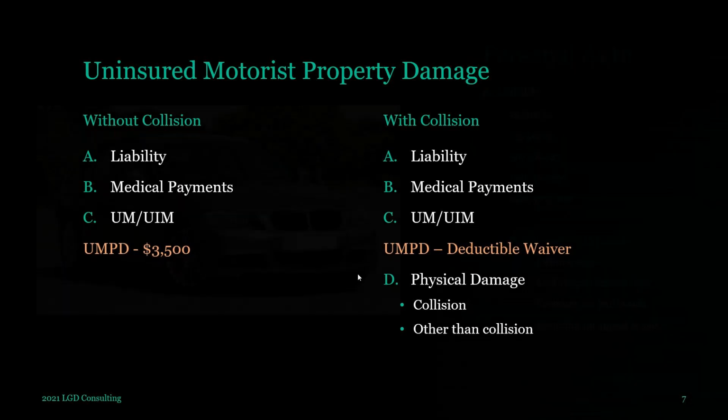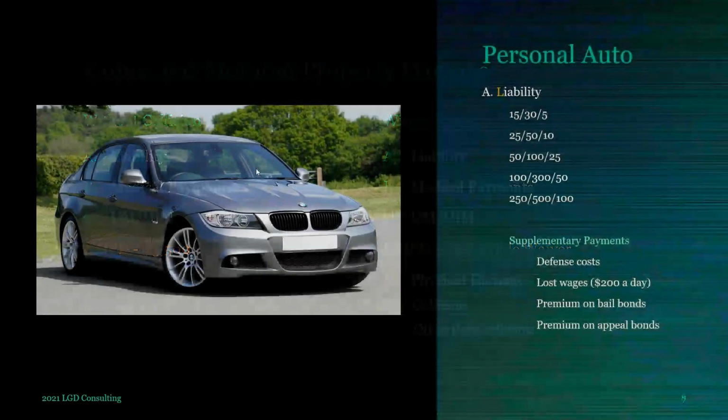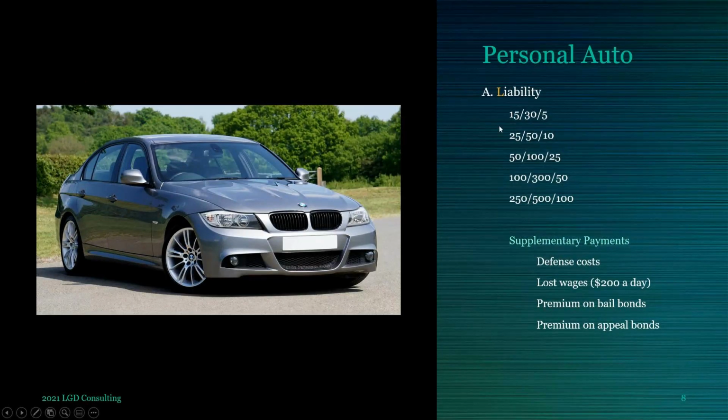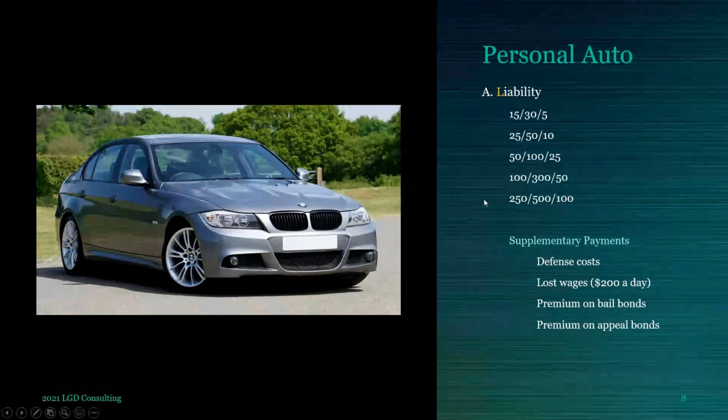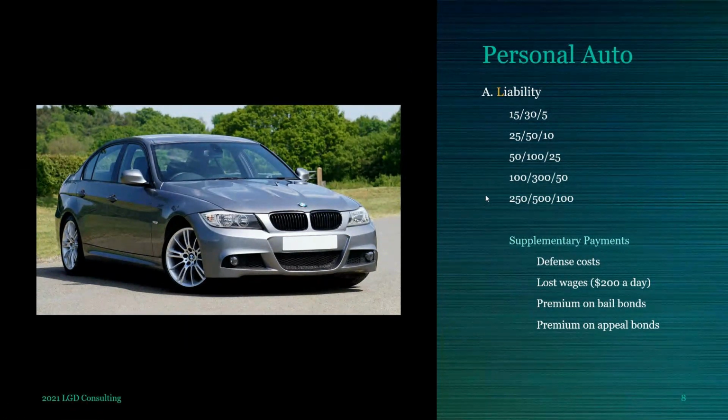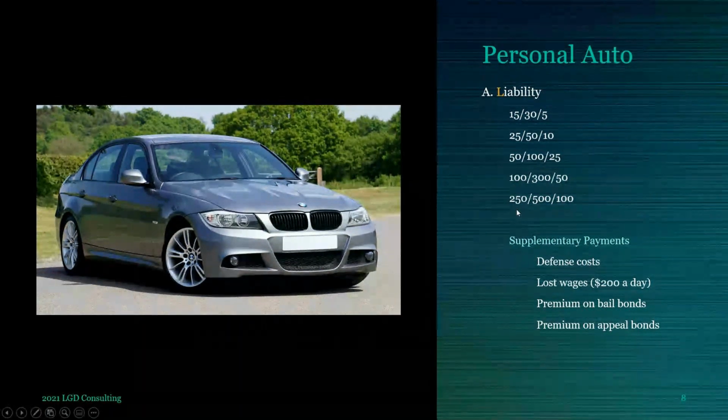Okay, so there's different liability limits that you can get. Again, you can start with the 15/30, but the more personal assets and income earning ability you have, where you're worth more in a lawsuit, the greater the liability coverage you should probably recommend to your prospects. So 250/500 means if we hit someone, we pay up to 250,000 towards their medical bills and lost wages, and up to 500,000 for all the people in the accident, and 100,000 for the vehicle you hit.